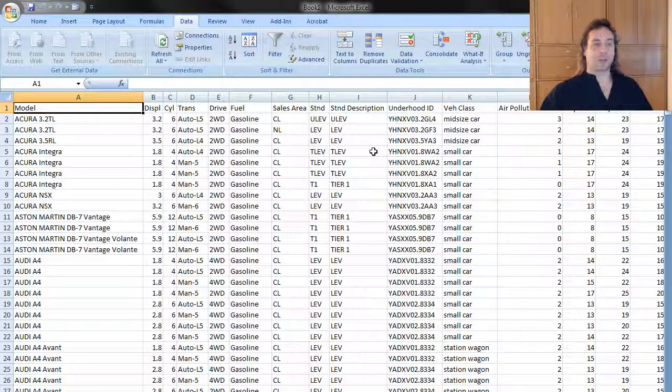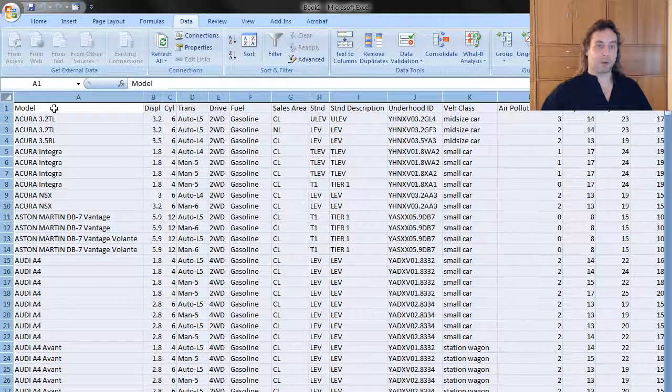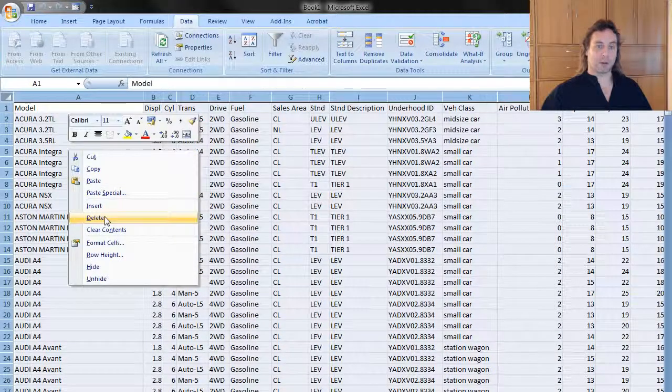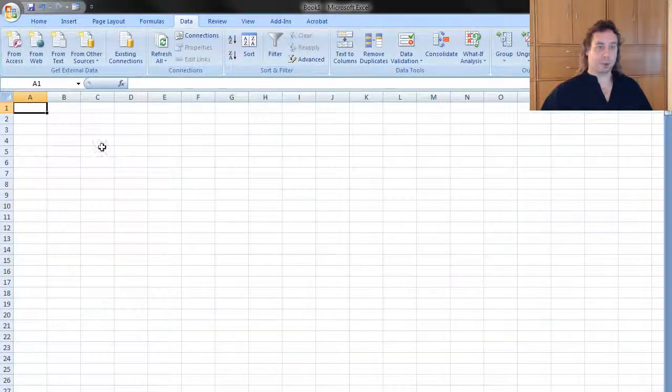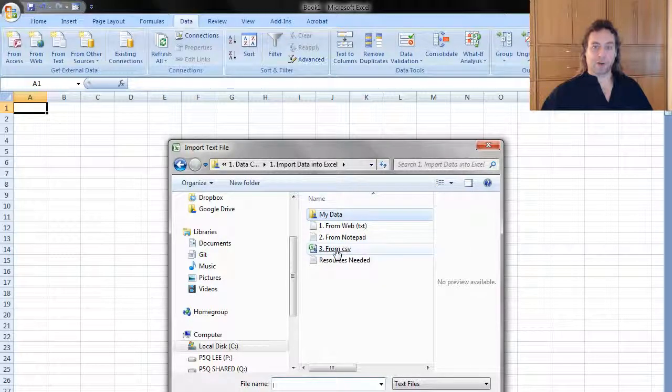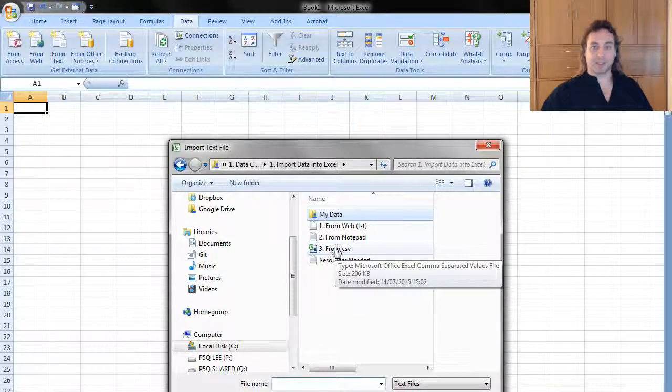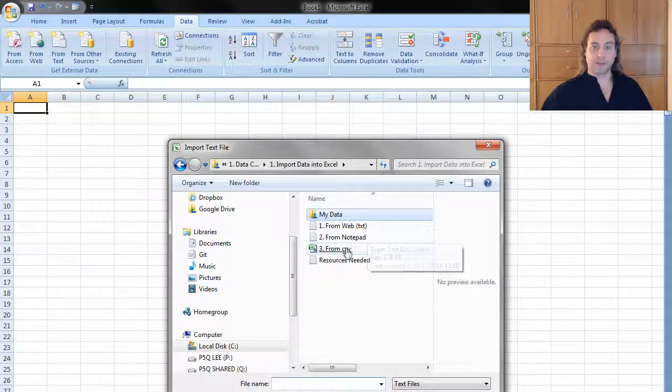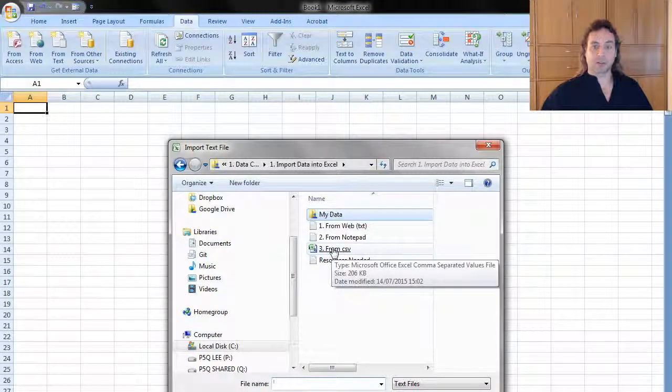So that's how to import data from Notepad. The procedure for CSV is exactly the same, and I'm going to show you that now. So I'll delete all of this data, and we're going to start again. So for data from text, we click from text, and here we click from CSV. This is a text file. All of these are different text files. So I click from CSV